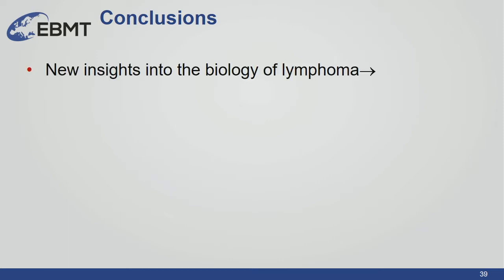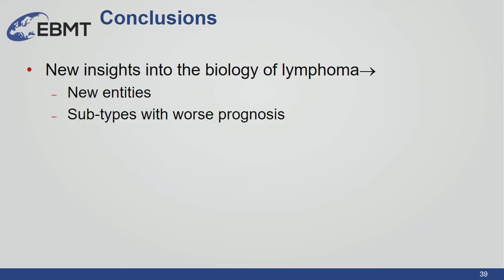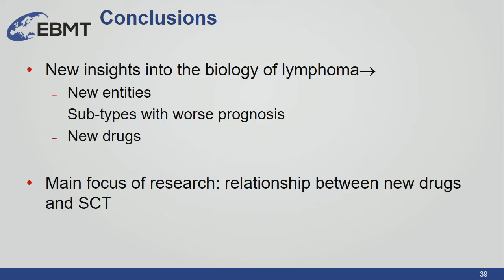So to conclude, new insights into the biology of lymphoma lead to new entities, or subtypes with a worse prognosis, and sometimes to new drugs, through the identification of types of lymphoma that can be more susceptible to a specific drug. And I would say that the main focus of research in the lymphoma field and transplant is the relationship between the new drugs and transplant. As I said, see how we can use them either as a bridge, see how we can use them safely